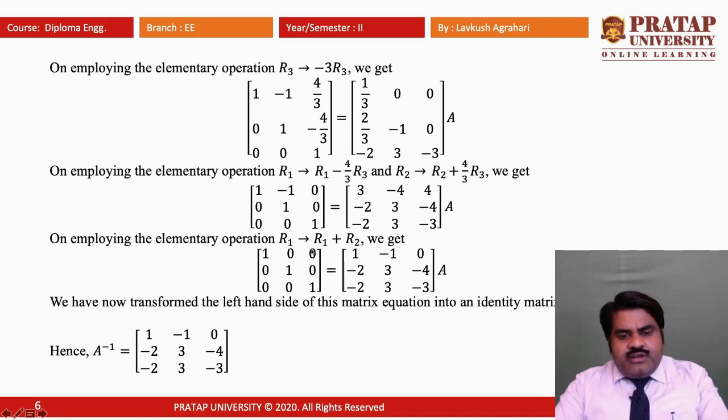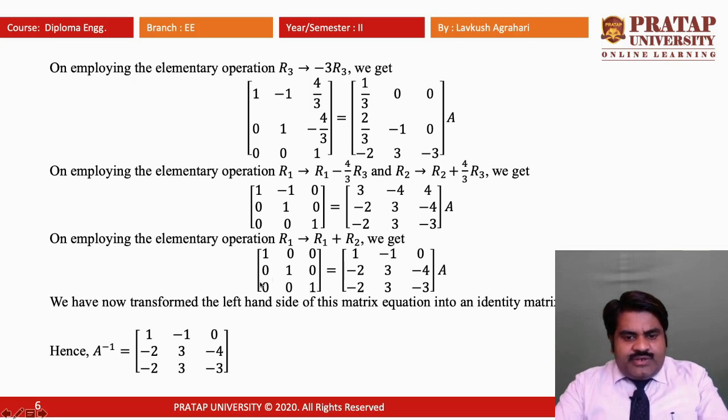Now if we see that all the elements required for the identity matrix are converted except this element, the element A12. For this, we have to proceed like this. We should add second row into the first row for making this element equals to 0. For this, the operation is written as R1 implies R1 plus R2. If we use this operation in the matrices lying on left hand side and right hand side both, we can